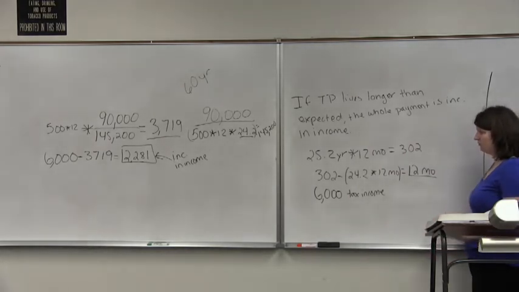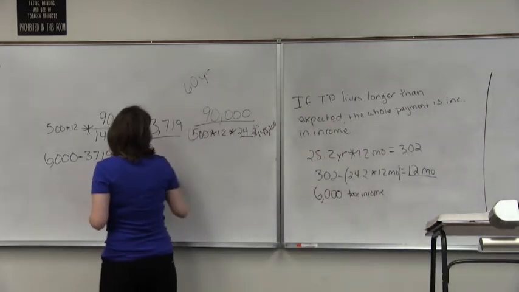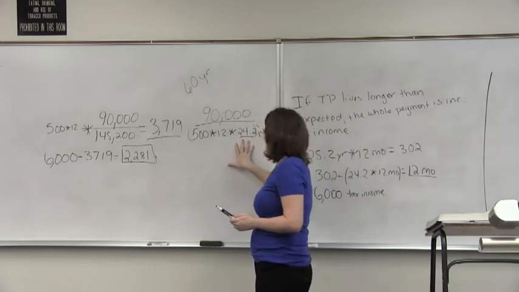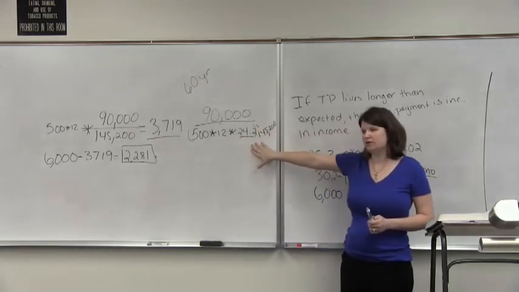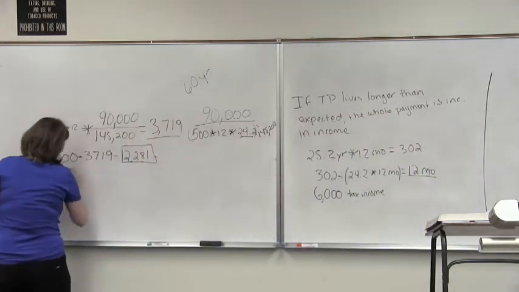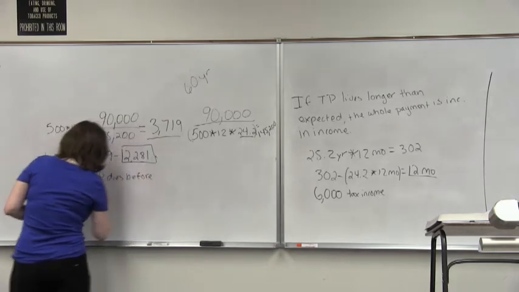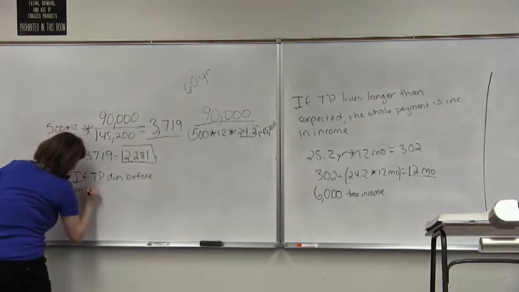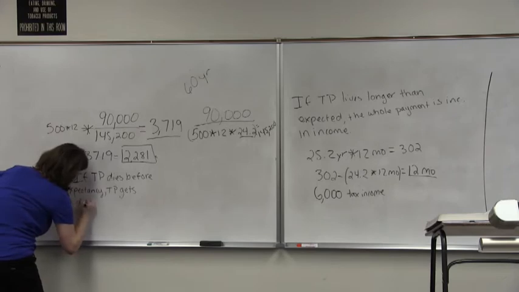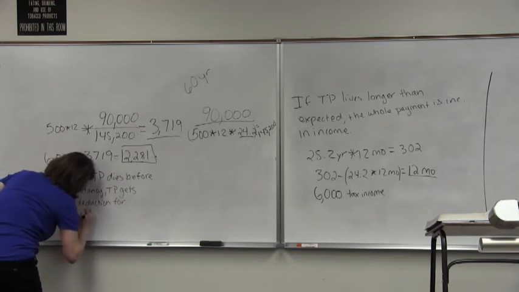Okay? Now, what happens if the taxpayer dies before their life expectancy? So now we have a taxpayer that dies at, say, 20.2 years instead of 24.2 years. So if the taxpayer dies before expectancy, the taxpayer gets a deduction for their unused